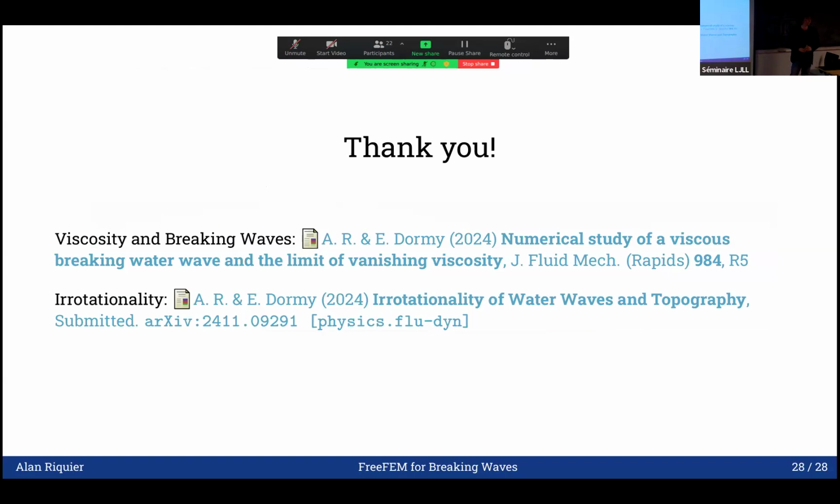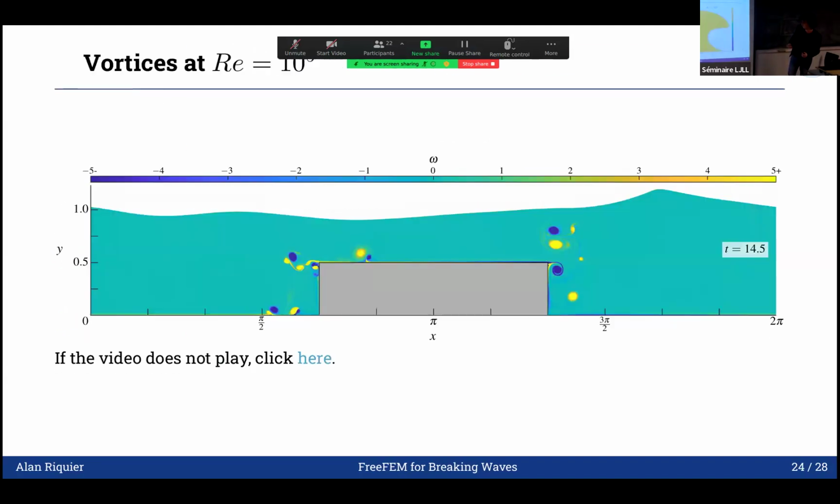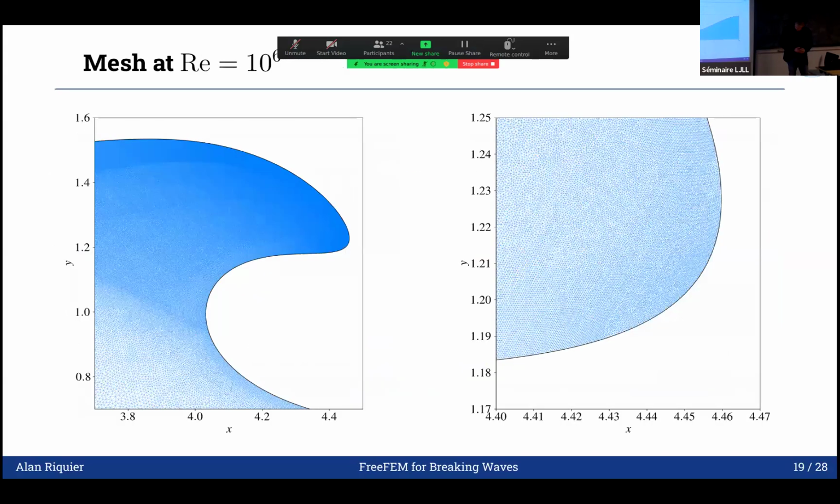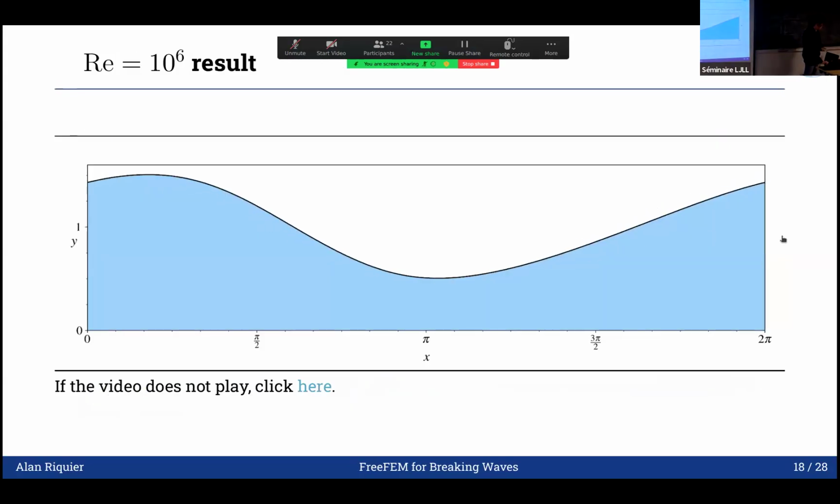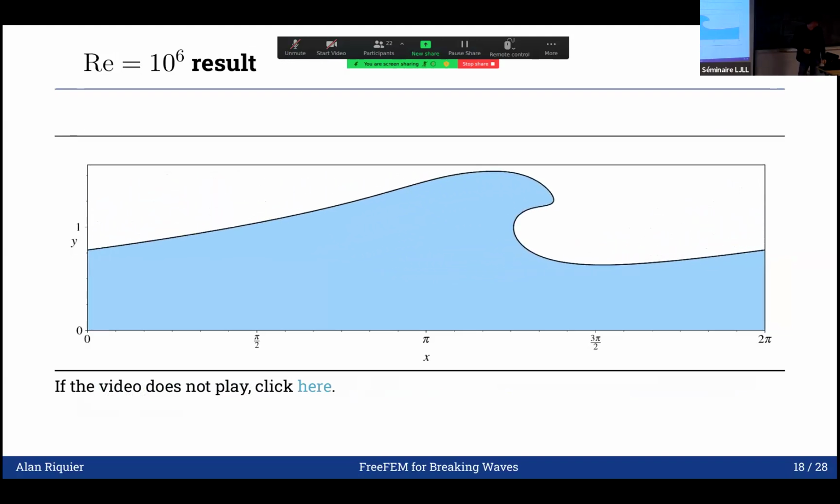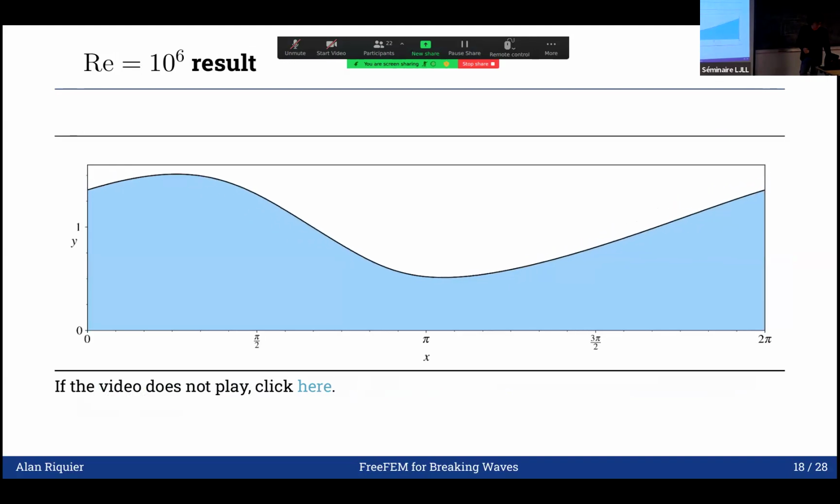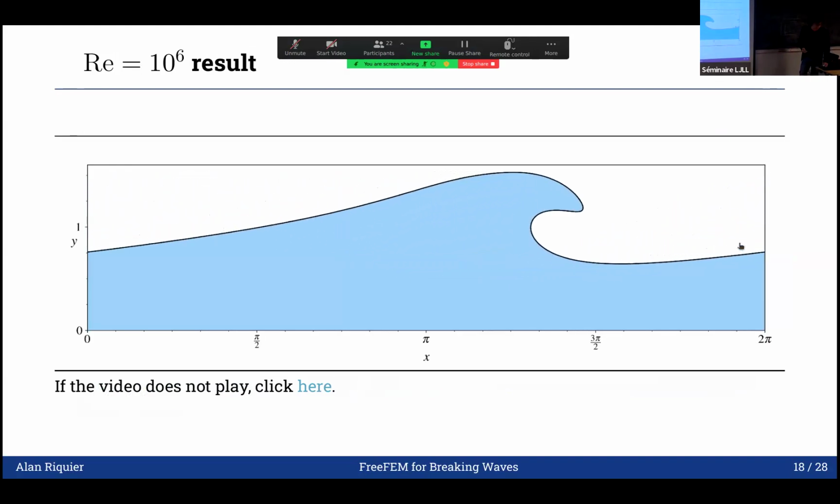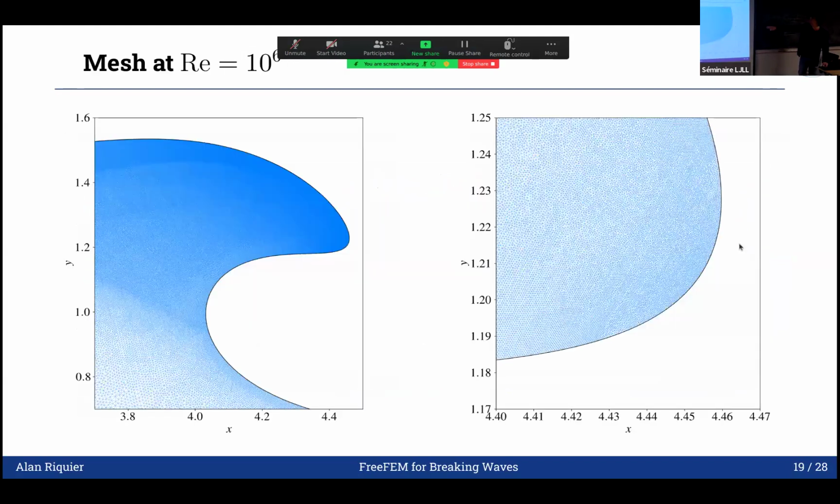Question, comment, remark? Yeah, in the simulation that you showed first, I think you stop the simulation before the wave falls on itself. So could you devise a scheme using some level set method with a background mesh, for instance, where you could also capture what happens after the wave? Yes, that's right. Because of the Lagrangian advection, and because I only mesh the water,